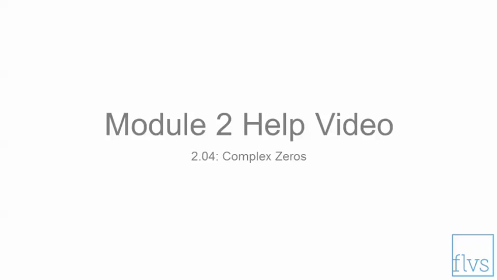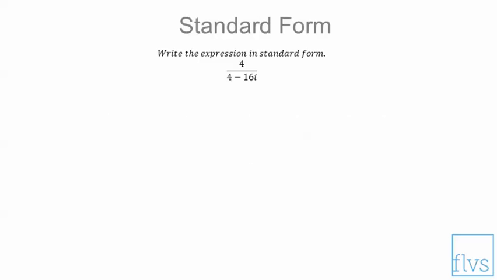This Module 2 help video will help you with assignment 2.04, complex zeros. The first type of question is going to ask you to write the expression in standard form. So what you have to remember is we don't want to have one of the i's or complex numbers in the denominator. So what we're going to do to get rid of it is we're going to multiply by its